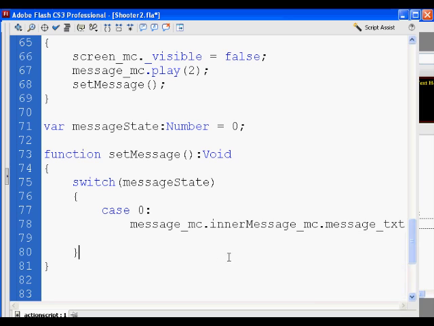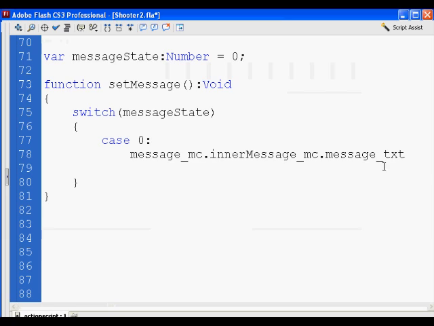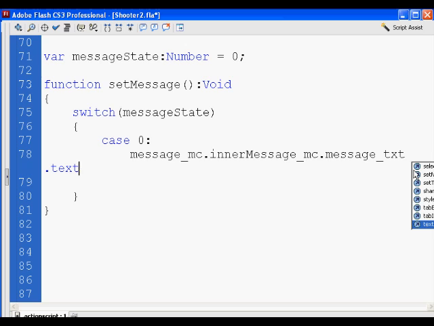So we go to message MC. Inside of it, we look for the movie clip inner message MC, and then message.text, and we're going to set the text dot text. Of course, I have word wrap on, so it wrapped over to the next line. Equals "welcome